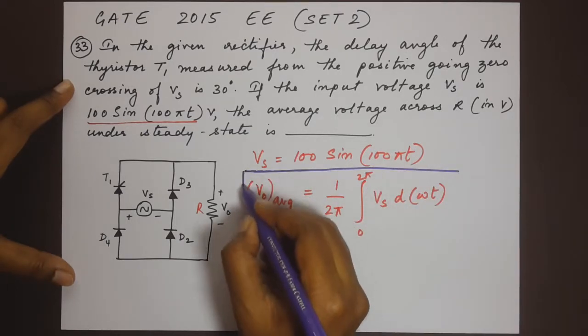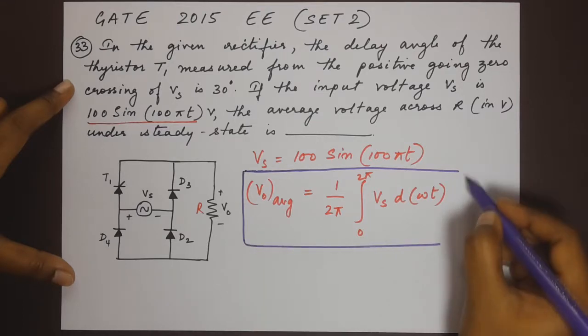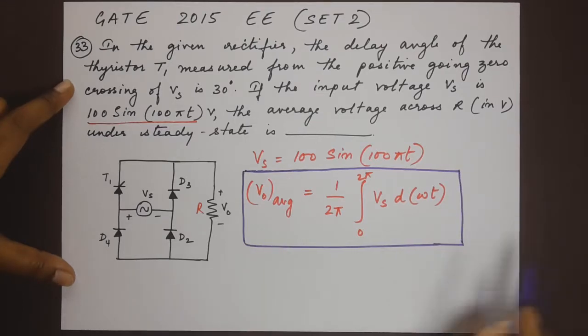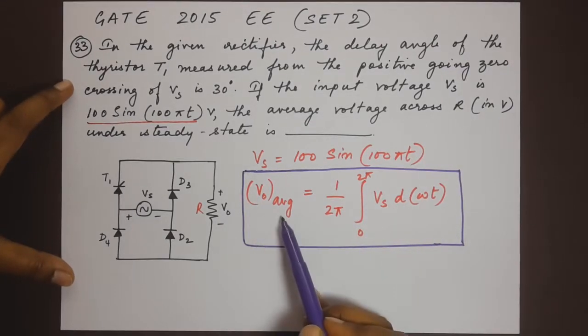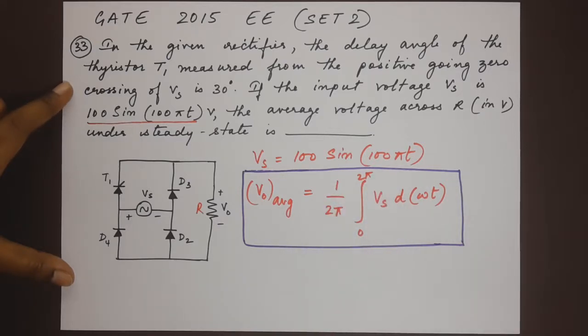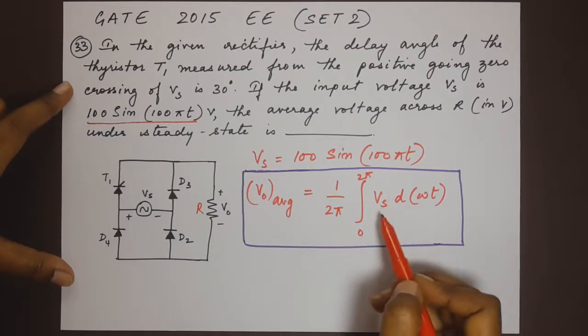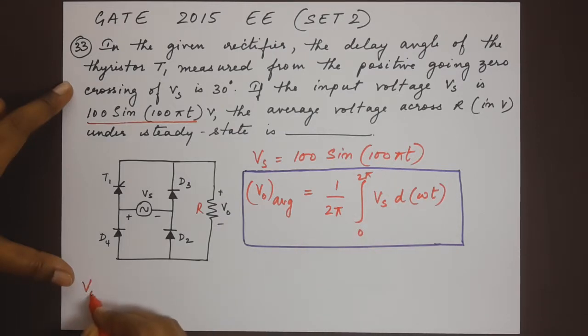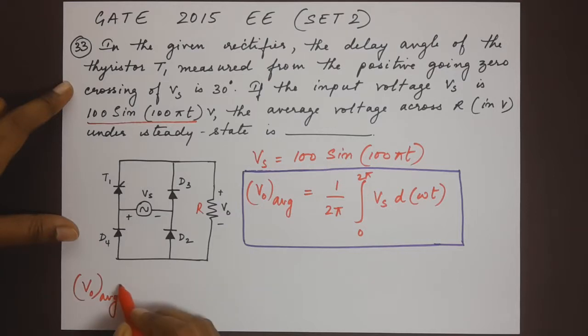Since we have a rectifier, this equation applies here. V0 average equals 1 by 2 pi integral of 0 to 2 pi Vs d omega t. Now let's substitute what Vs is. V0 average is equal to 1 by 2 pi into,